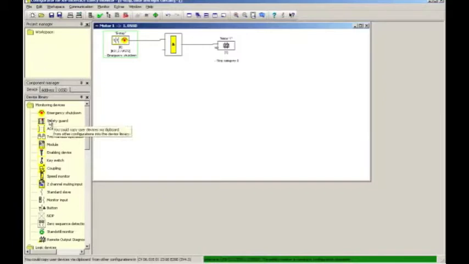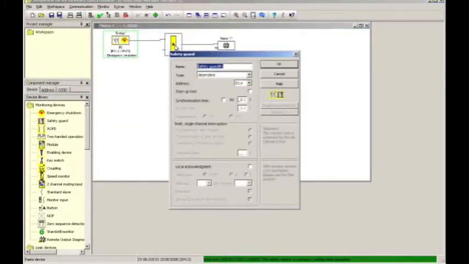Next thing I will add is a safety guard. That's the visual I like for the magnetic door switch. I drop it onto the global end, and I call it door. As before, as for the e-stop, I will use dependent with filtering, so I have the ability to correct some